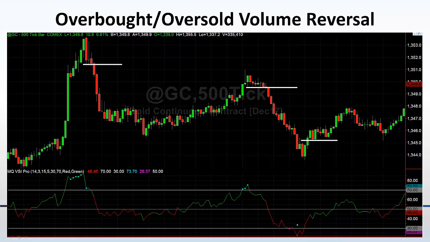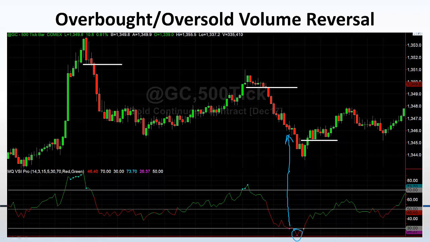Now, this is why it's important for it to trigger. You first got extended right there. Now, what was the trigger? It has to break the high of the previous 2 price bars after it has gotten extended. It never does that. Okay, especially, and the reason we go with 2 is because this is on a 500 tick chart. It's a very short-term chart. There's a lot of price bars generated. The longer the time frame, you could switch it up to a 1. All right, and if you really want to play it safe, you could say it needs to break the high or the low of the past 3 price bars.